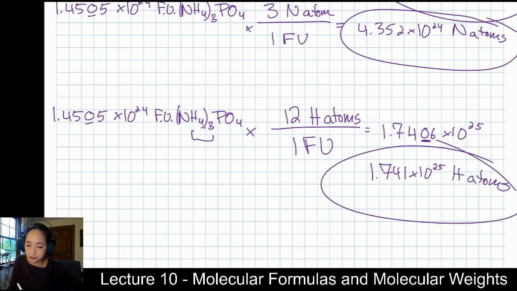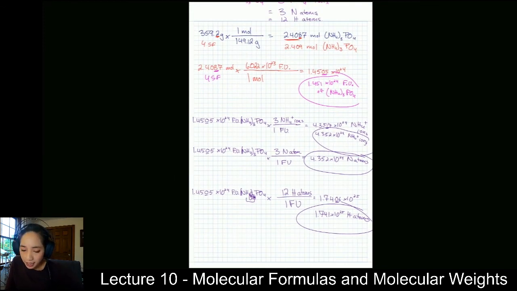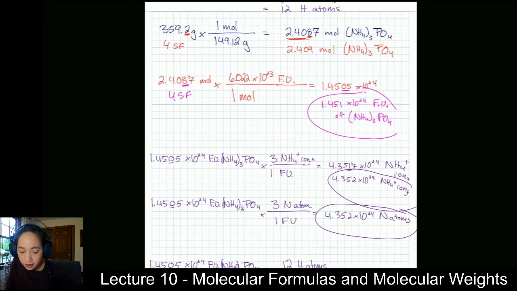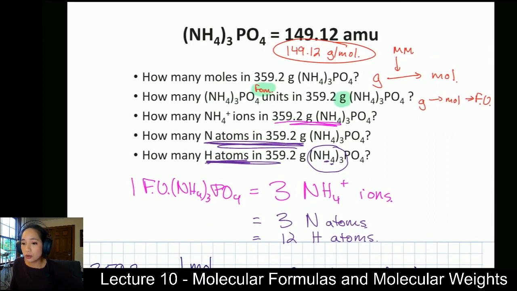All right. So there is that question. That one was a little bit more involved. It required you to inspect the chemical formula of this specific ionic compound to use those subscripts to navigate the different amounts of atoms in a particular sample. But they gave us the amount of sample in grams, so you have to get to number of formula units by going from grams to moles to formula units. You need to go from grams to moles using molar mass, while you go from moles to formula units using